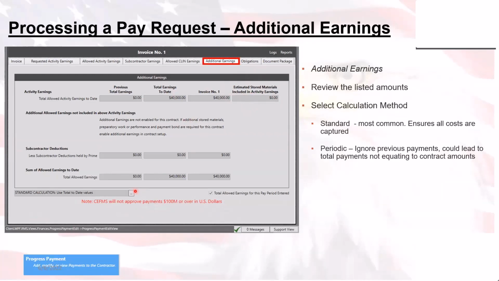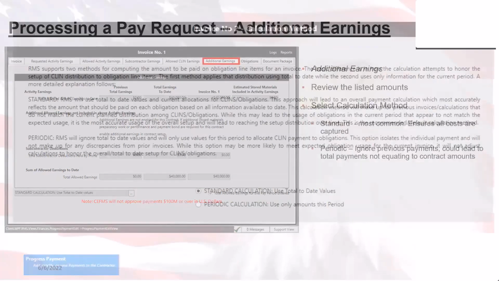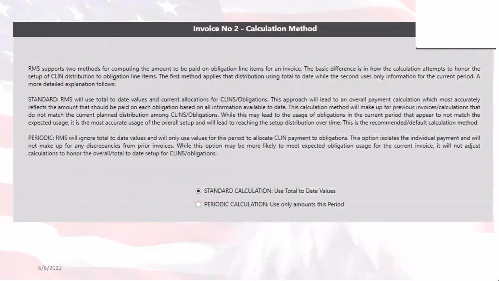That's kind of going into a bit more of a complicated set here. And of course, they found out with some contracts in RMS, CFMs will not approve payments over $100 million. There's a long story behind that one, but we'll have to get to that sometime later. Anyway, just so you know, you will not be able to go to the obligation tab until they check that